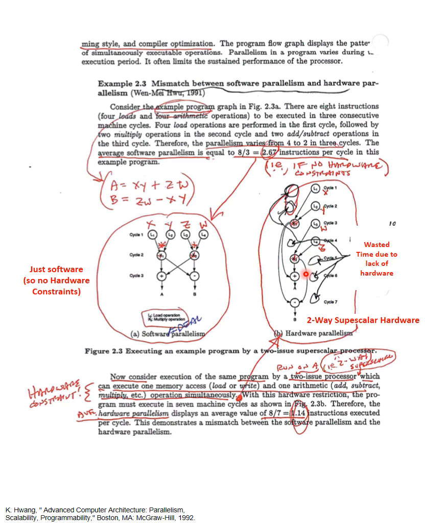Load 1, 2, 3, 4, the 4 variables, and then once you have these 2 loaded here, you have to have 2 loaded before you can do an operation. Then you're doing one of your arithmetic operations. You wait for the other 2 loads, and you're doing arithmetic operations. And you see here these wasted resources, wasted space here, because this one pipeline